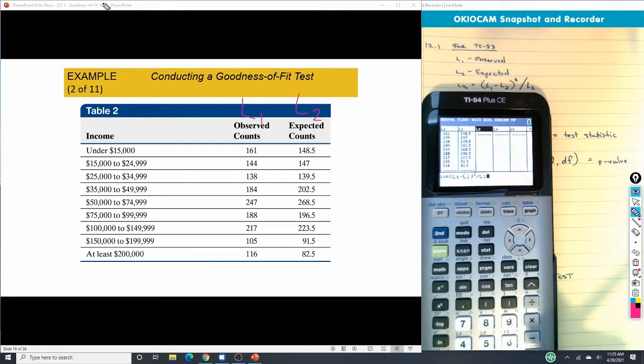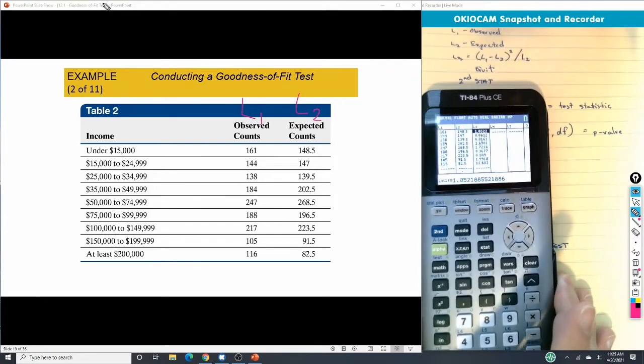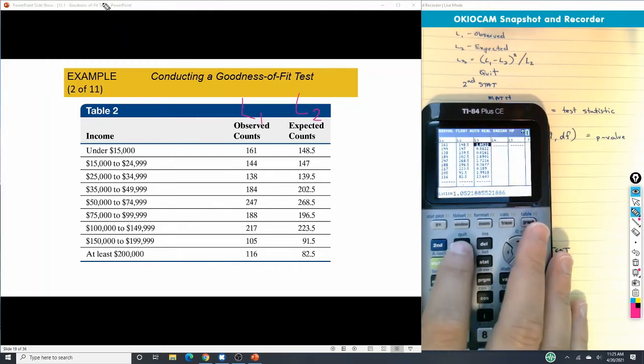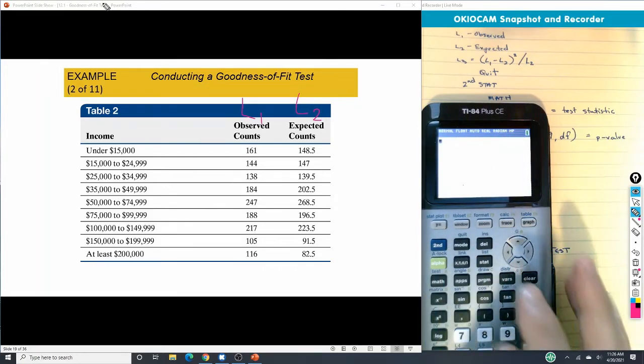Okay, and then we press enter. And that gives us a bunch of values when we're looking at these pieces. Okay, we have a lot of different things going on there. All right, now let's move down here a little bit. So now we want to quit so we don't mess anything up. So second mode is our quit button there. And so now we're going to go into